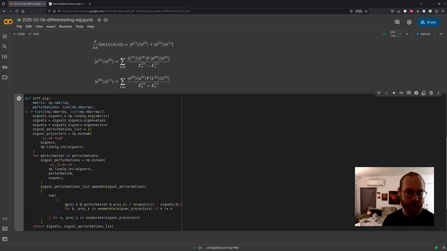Which means that in the sum, I can just add the transpose of this. In fact, I should just add the transpose of this resulting bit. That would be the most efficient way of doing it.